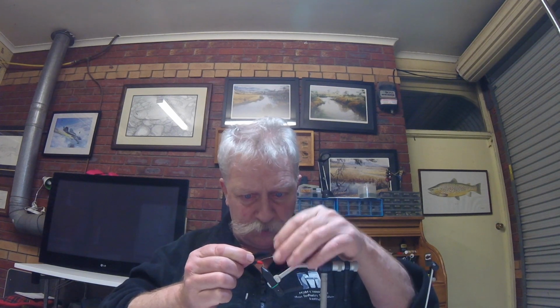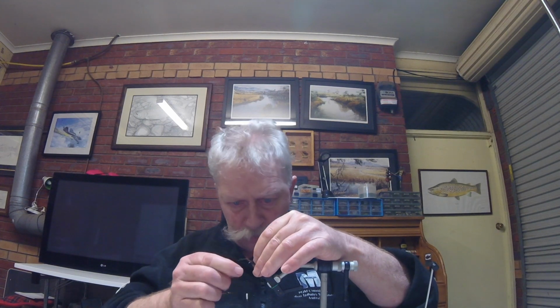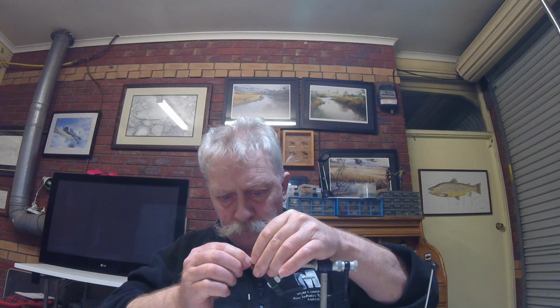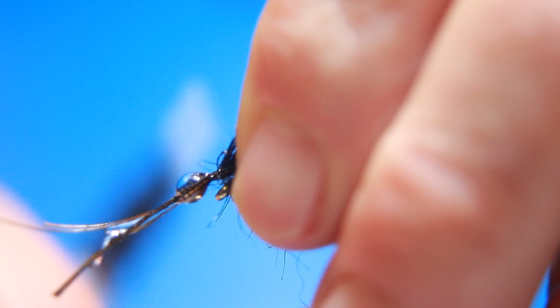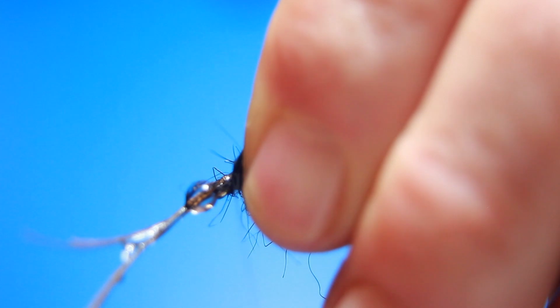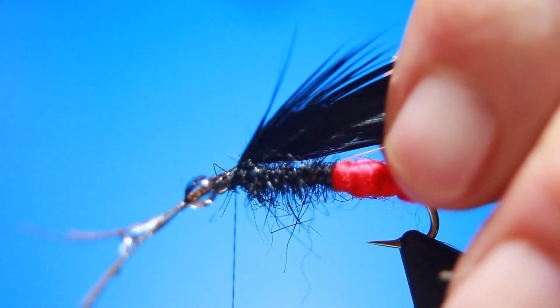We want to judge the proportion of the wing to the fly. That's about right there. Tie that in, a few wraps. Make sure it's nice and even and on the top. Now, that's perfect. And what we do is we bring the silver wire into position and we bring the wing down,